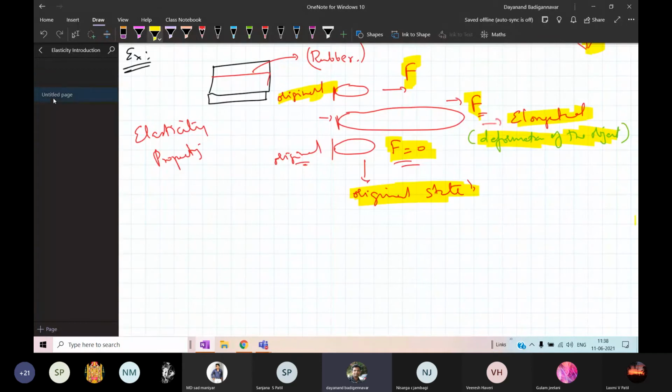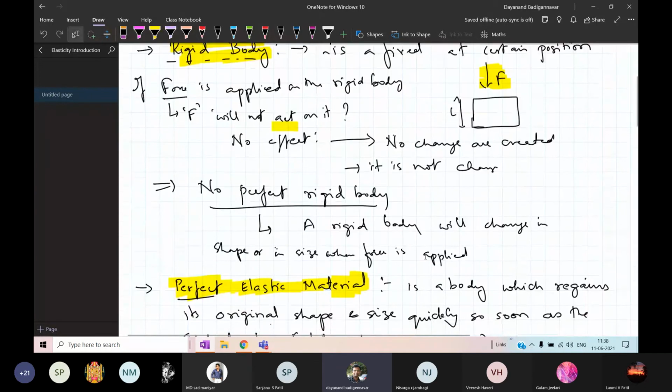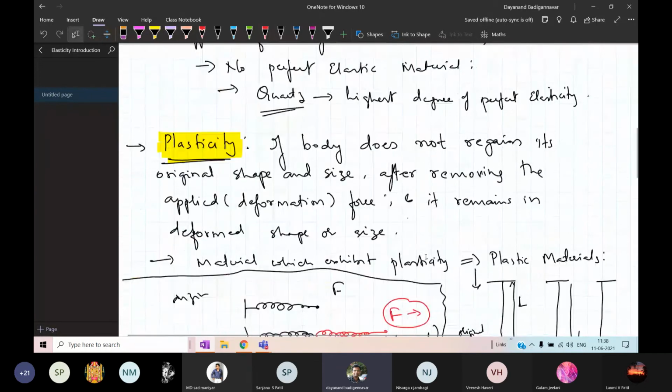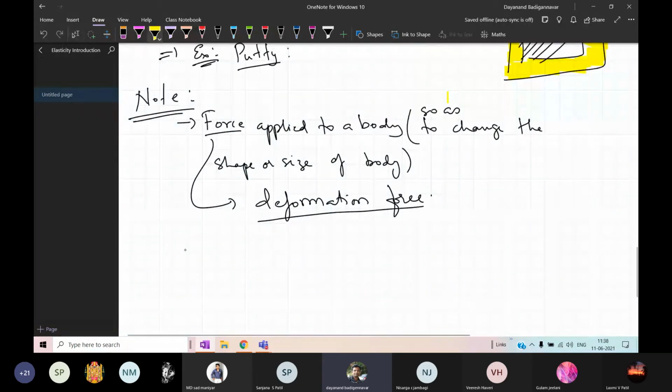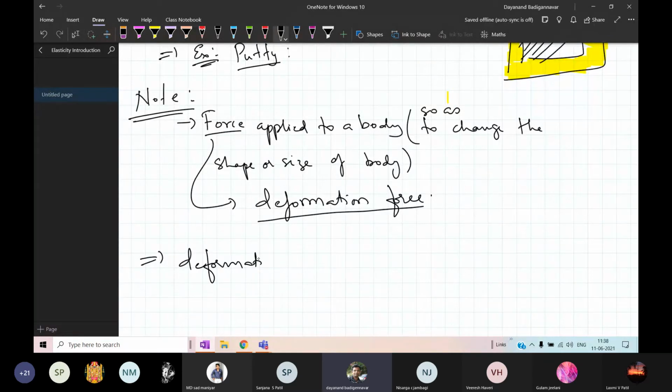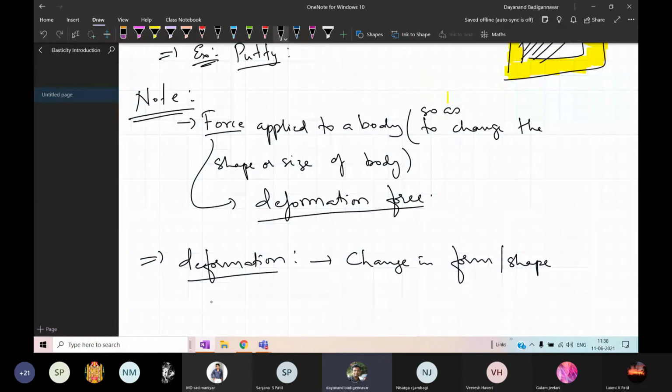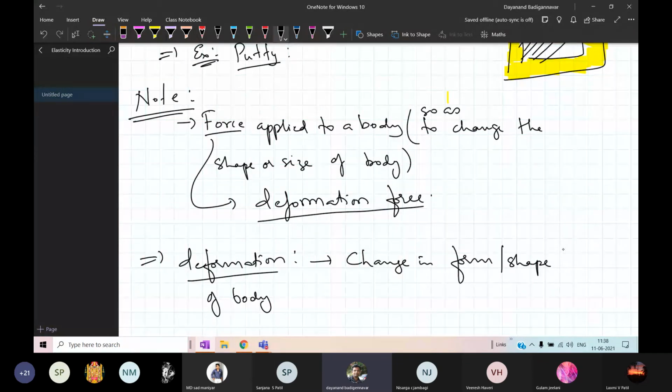Okay. Basically, the applied force is called the deformation force because it is creating some deformation. So what is this deformation? Deformation means change. Deformation means it is a change in form. Form means shape of a body. Change in form, therefore it's called deformation. So change in form, shape, or I can also call it size of a body, is called